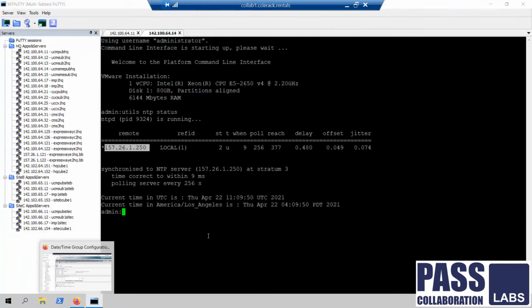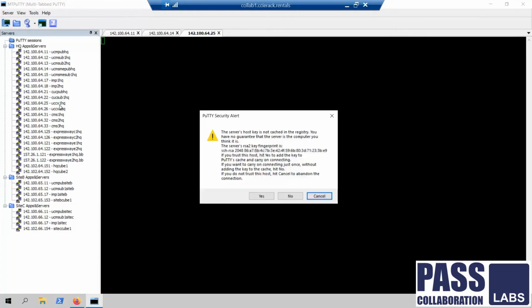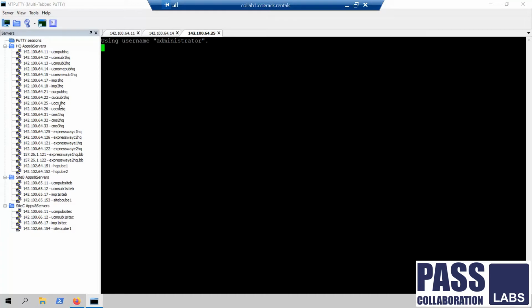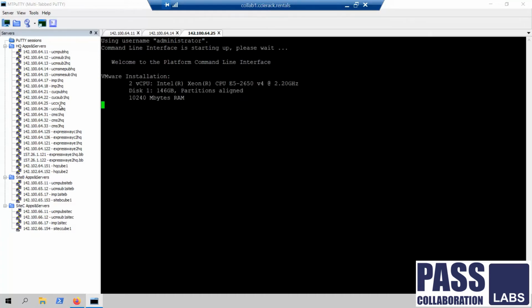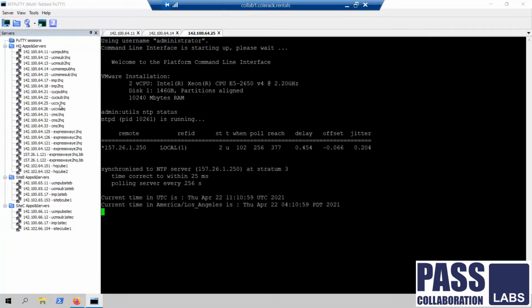So SME is done. Next is UCCX. For UCCX, there is no clock configuration, but we need to validate the NTP configuration. So let's SSH to UCCX publisher. We would validate the NTP using the same command. So NTP looks good over here as well.